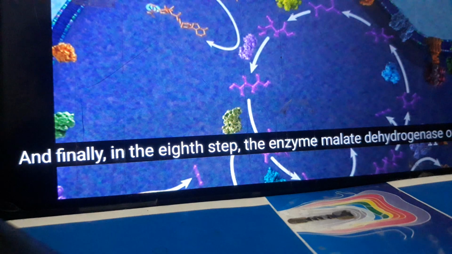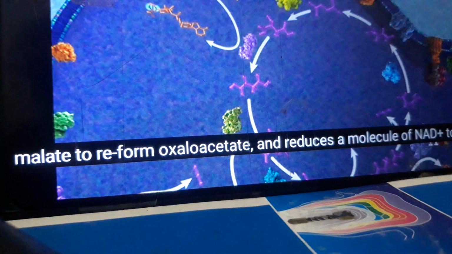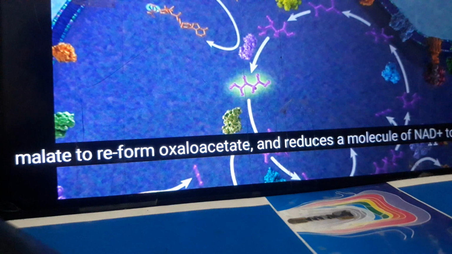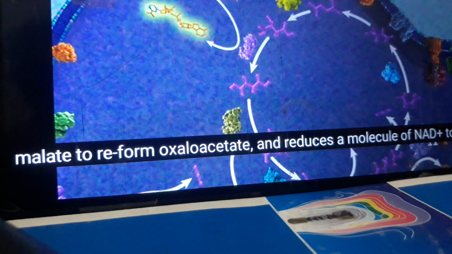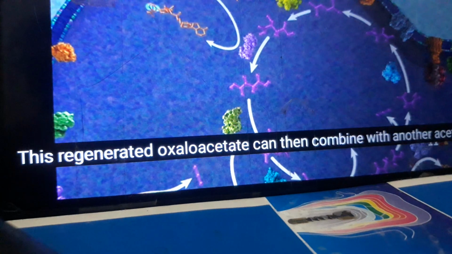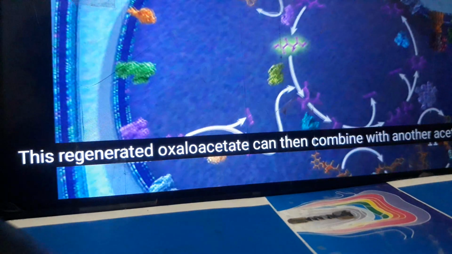And finally, in the 8th step, the enzyme malate dehydrogenase oxidizes malate to reform oxaloacetate and reduces a molecule of NAD+ to NADH. In the process, this regenerated oxaloacetate can then combine with another